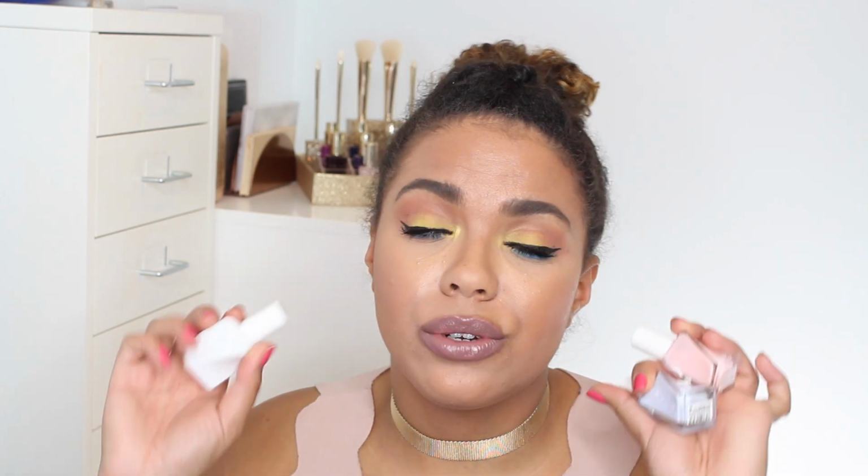I'm not going to say that on the 11th day it looked good enough that I was going to want to take an Instagram picture and post it, but it still looked really good. Doesn't chip, just kind of wears away along the tip. And if you have a lot of trouble with nail polishes sticking to your nails, I think that these are totally worth it. They're awesome, and the top coat does well on its own over other nail polishes, but